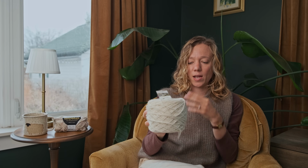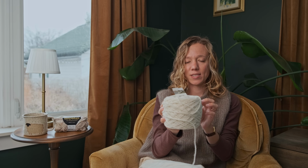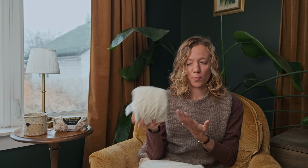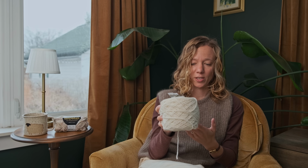I love the idea of wearing this over a blue and white striped collared shirt, knit in white during the springtime when it's a little bit cooler. And I do have this Woolstock worsted. I knit my Billy pullover in this, and I have the majority of a 150 gram ball left of this. And so I'm like, wait, this might be the perfect opportunity to use this. I would of course have to gauge swatch because this is not the recommended yarn, but